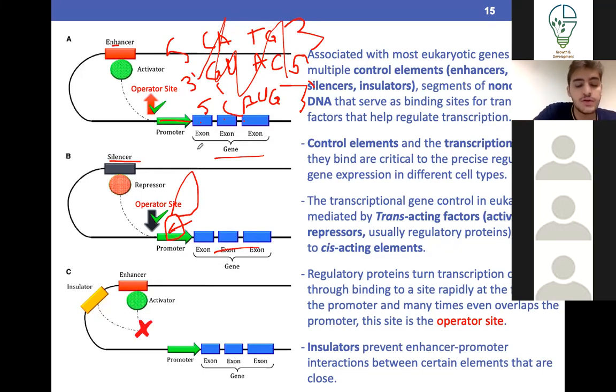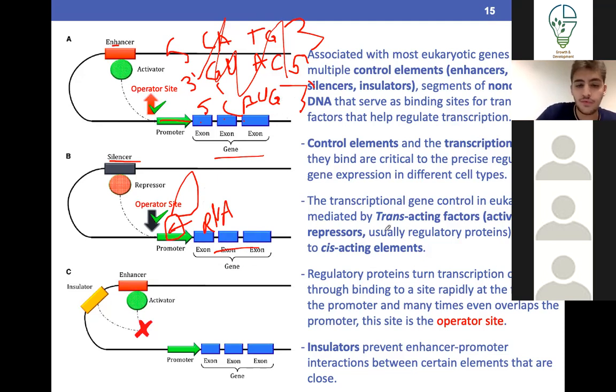Add this to the list. They usually ask about the function of enhancers. And you're going to choose the one that says it increases the rate of production of mRNA, which should make sense. So enhancers bind to the transcription factors, which then bind to the RNA polymerase, increasing its rate, okay? So that's a very important distinction that you should have. And that's the only important thing that you should know from this slide.